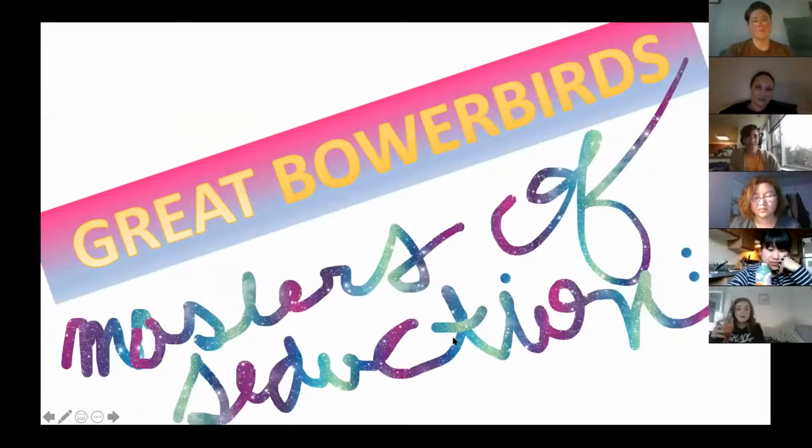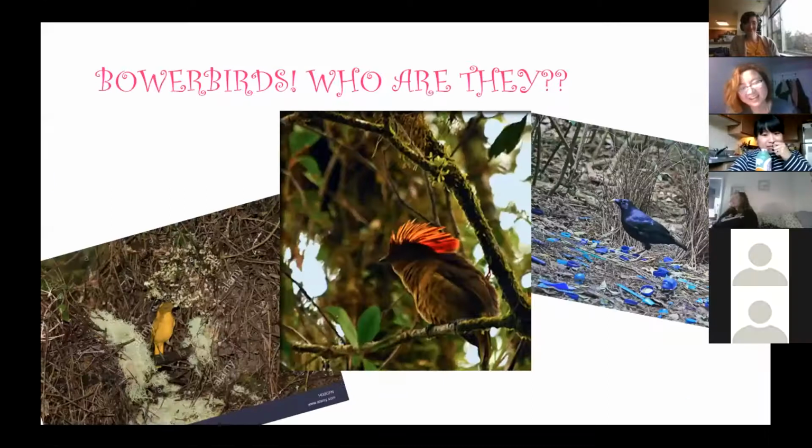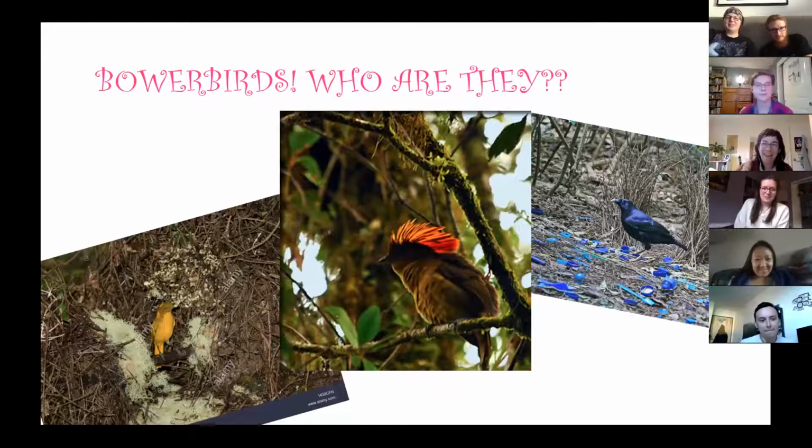In 3, 2, 1. Great bowerbirds, masters of seduction through optical illusions. So, bowerbirds, who are they? You may or may not have seen bowerbirds in science textbooks or in memes, but they are a whole group of different species of birds that generally make these amazing structures. They are not nests because they aren't laying the eggs in there, but the males make these bowers out of